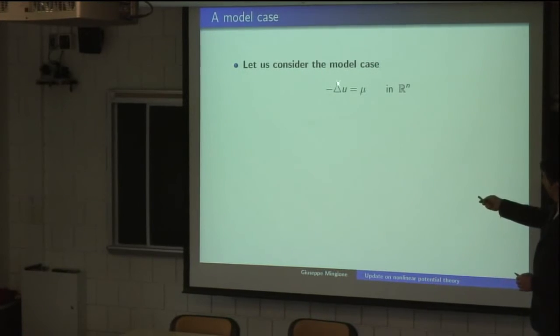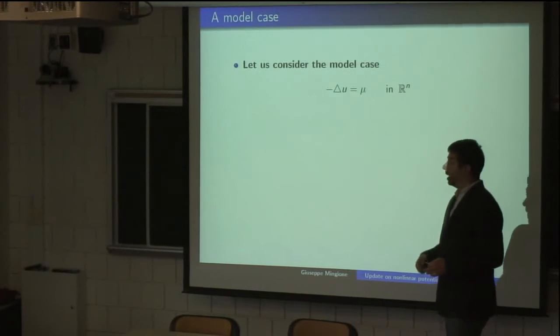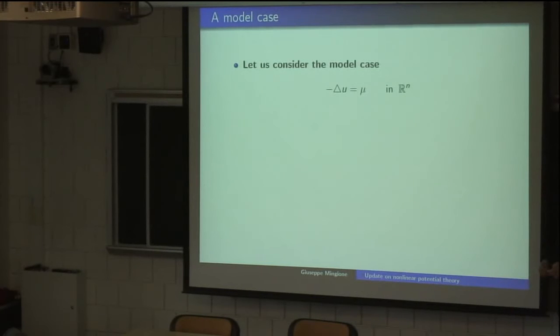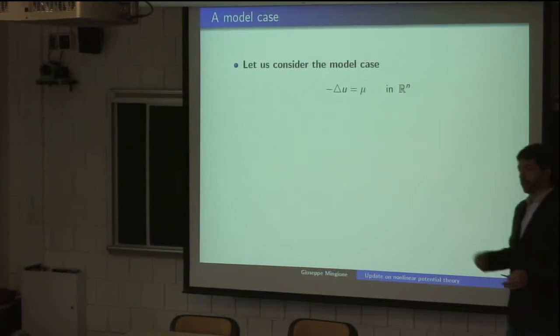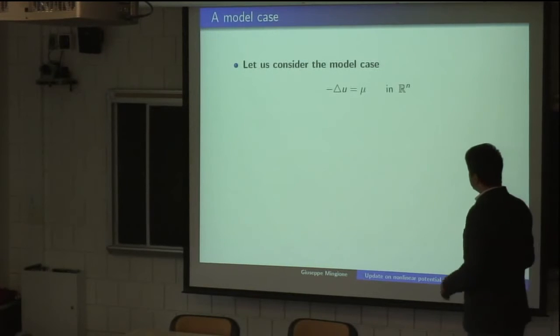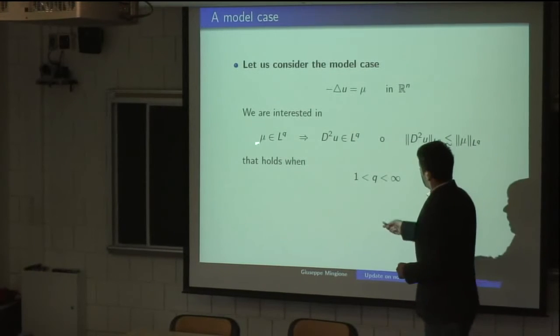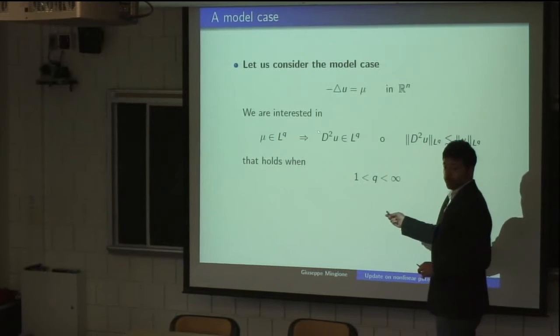So you assign the Laplacian, and you want to retrieve, possibly in a sharp way, the differentiability and integrability properties of solutions, in this case of the second derivatives, the Hessian. So the sharp result is the following one, and this is one of the results we can come up with. When mu is in L^q, then the Hessian is in L^q, and this is